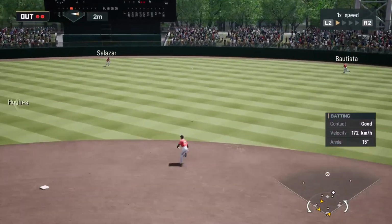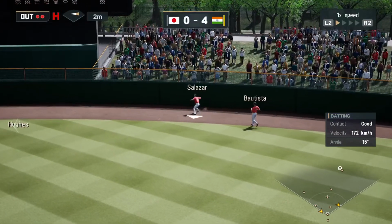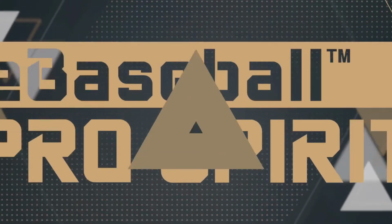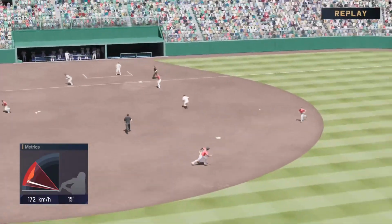Hits one down the middle. And that'll be in there for a hit. The runner from second rounds third. He'll try to score. The runner from second scores as well. And they're pulling ahead. He's a tough opponent for any pitcher, and he's proven it again here as he tacks on to their score and adds to the...